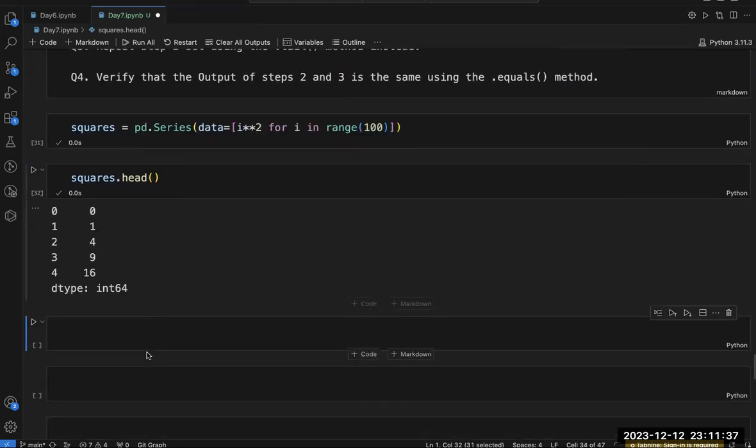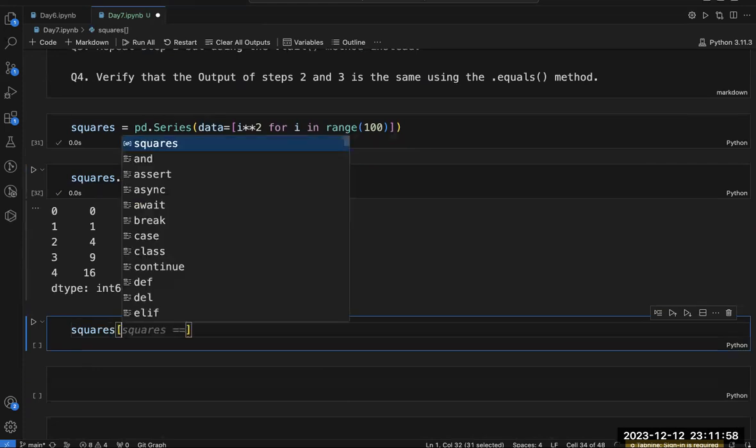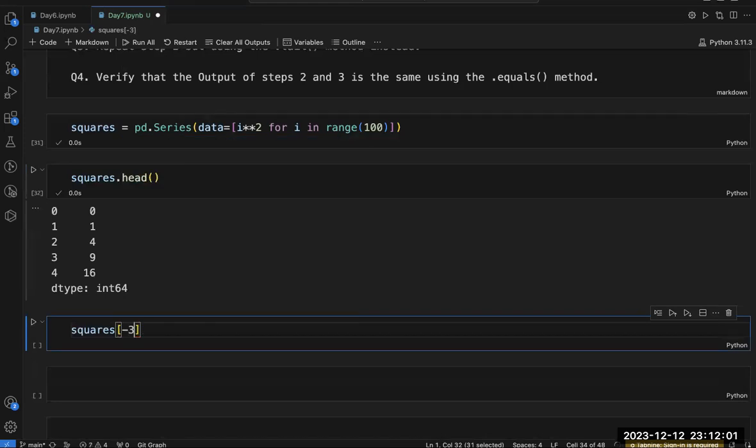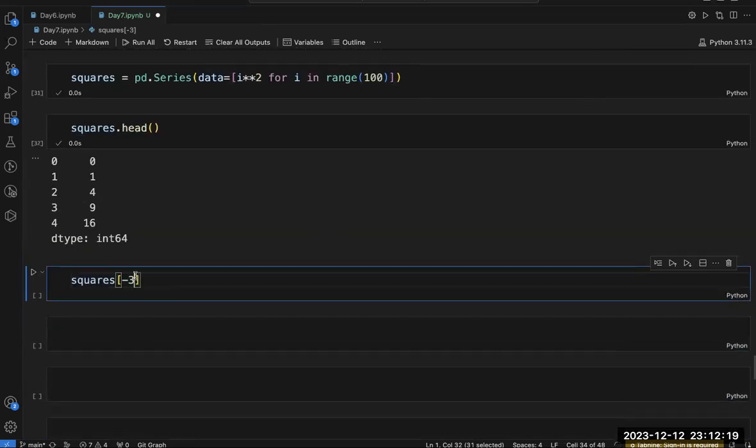So this is also very simple. squares, and then square brackets. If you use -3, that means you are starting from the third value from the end, because from the end the indexing starts from -1, -2, -3, and I have to take the last 3 items from the square using the square bracket indexing. So I am starting from -3